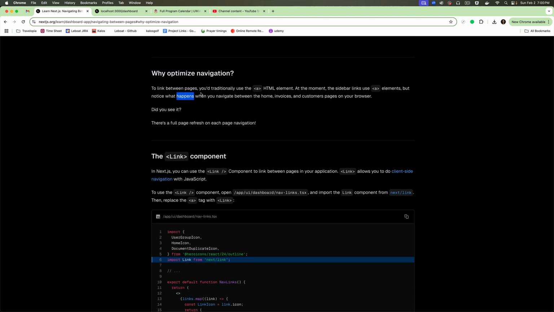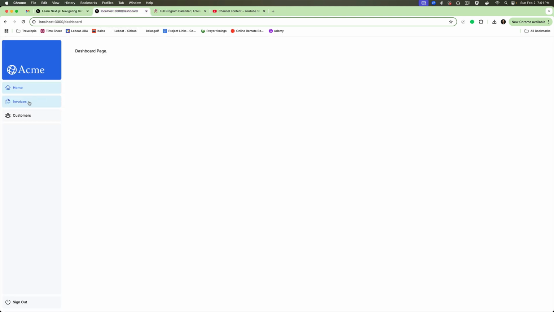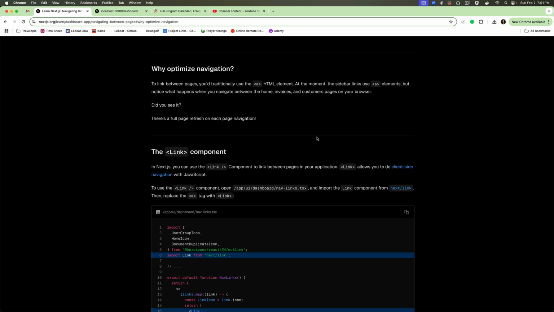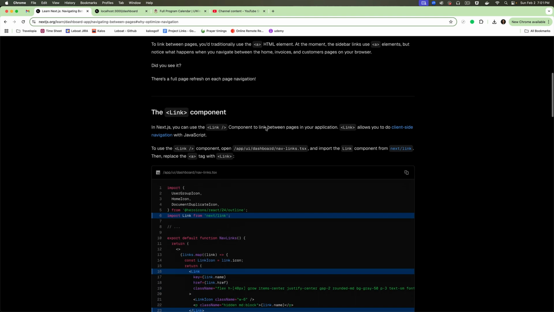Now, what is the reason to optimize navigation? Well, to link between pages, you traditionally use the anchor tag, right? At the moment, the sidebar uses the anchor tag generally, but notice what happens when you navigate between home, invoices, and customer pages on the browser. If you just use an anchor tag, what's going to happen is the page is going to reload, right? So